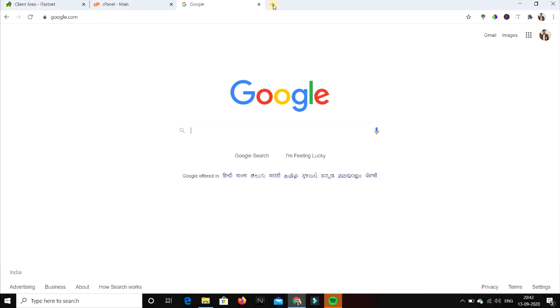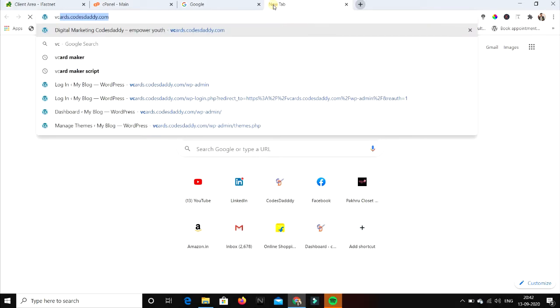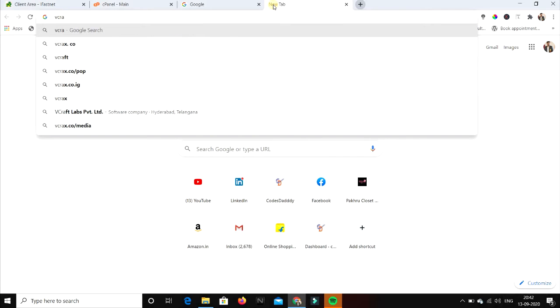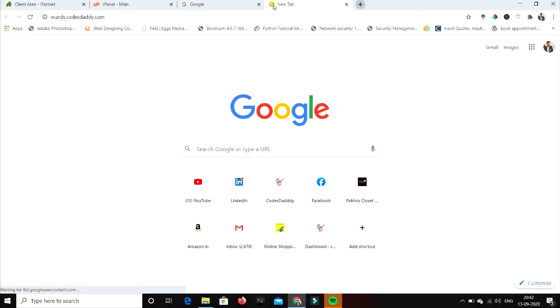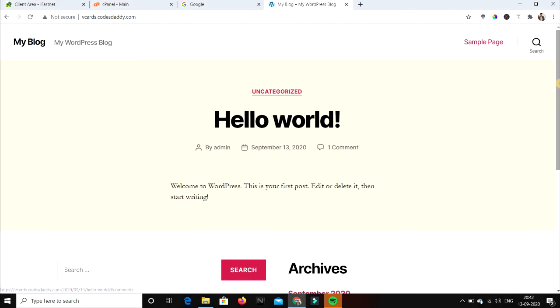So I will log in to my website, that is vcards.codestudy.com. As you can see, this is a fresh website. No themes and plugins are installed. It comes with the 1920 old theme.